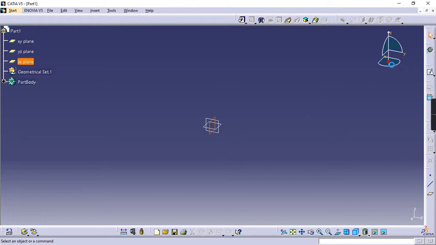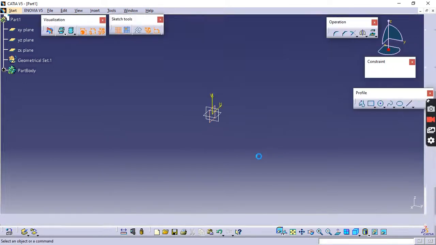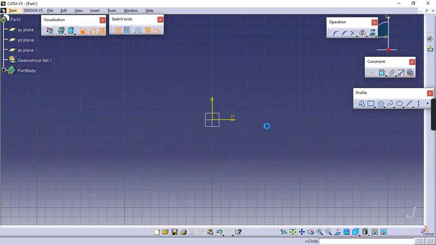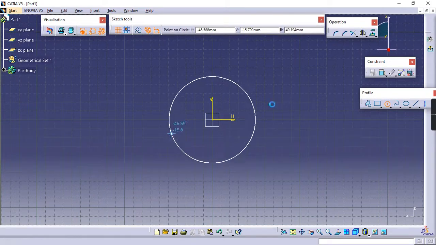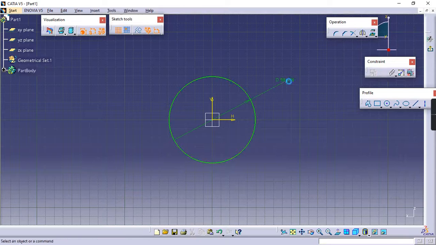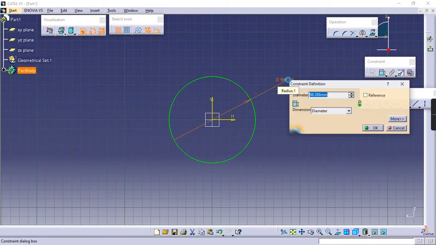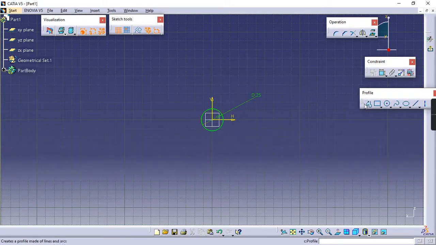Select XZ plane, go for sketcher. Select a circle from 0, 0, drag it, constraint, diameter is 25.